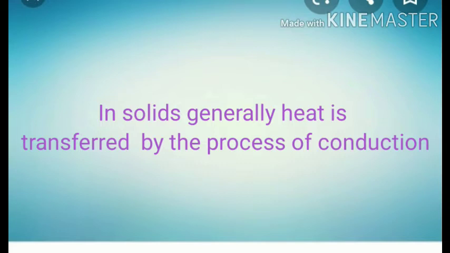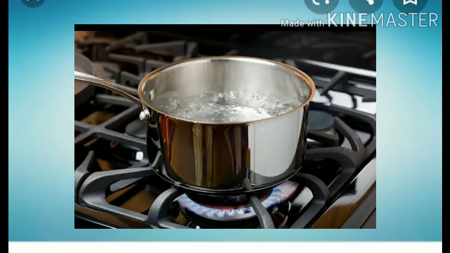Do all substances conduct heat easily? You must have observed that the metallic pan for cooking has a plastic or wooden handle. Why are we using plastic or wooden handles for metallic pans? We want to check that. Some materials allow heat to pass through them, but some others will not allow heat to pass through them.